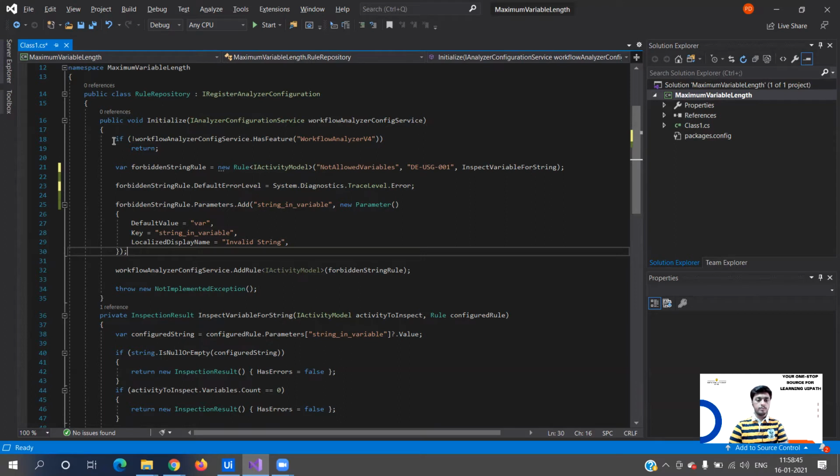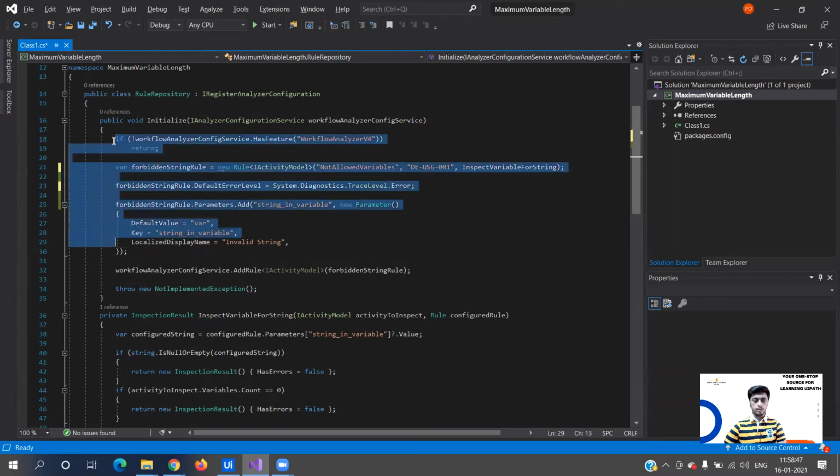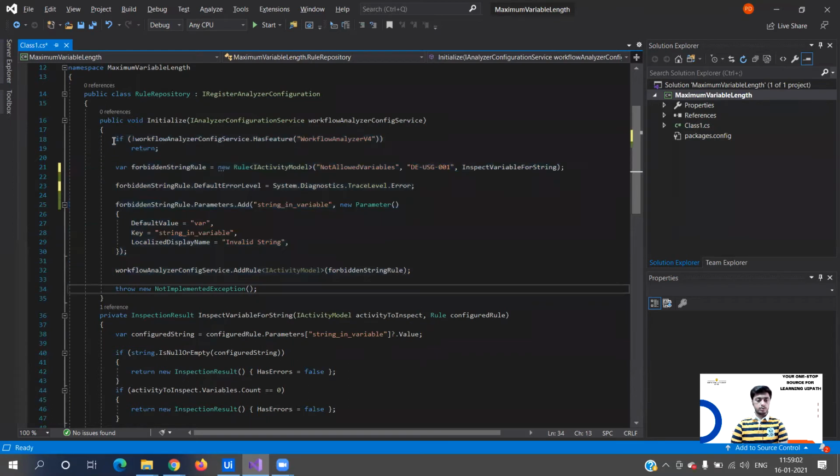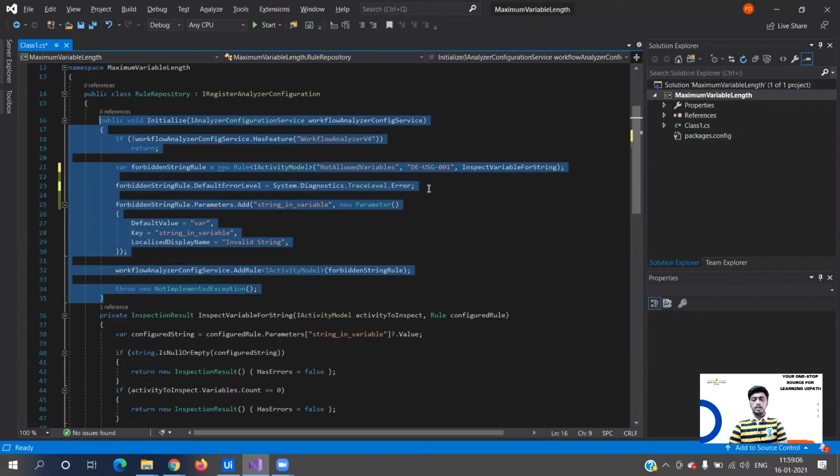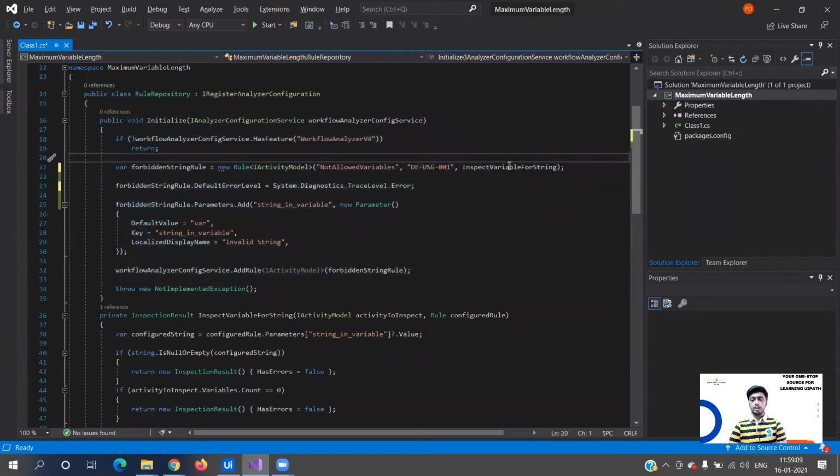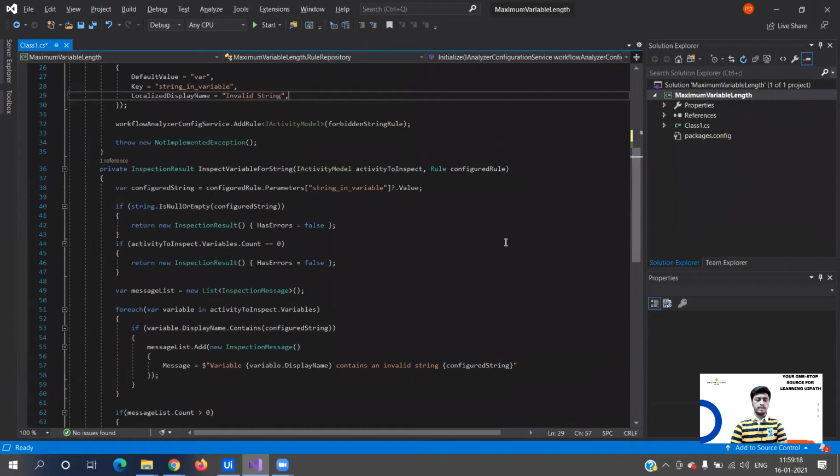So now I hope this much part of the code is clear, where we are creating the UI of the complete rule that we are defining. We are giving it a default value, we are giving it a localized display name and multiple things, right? So yeah, we are done with this first particular part. Now the second part is writing this function, and this is also pretty simple, like it went till now. It is not that difficult to write this. It's just that you need to have a good knowledge of C sharp to write this.